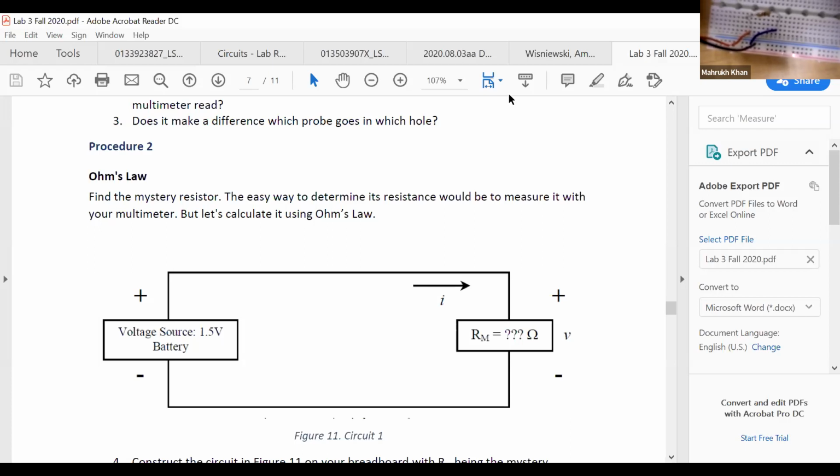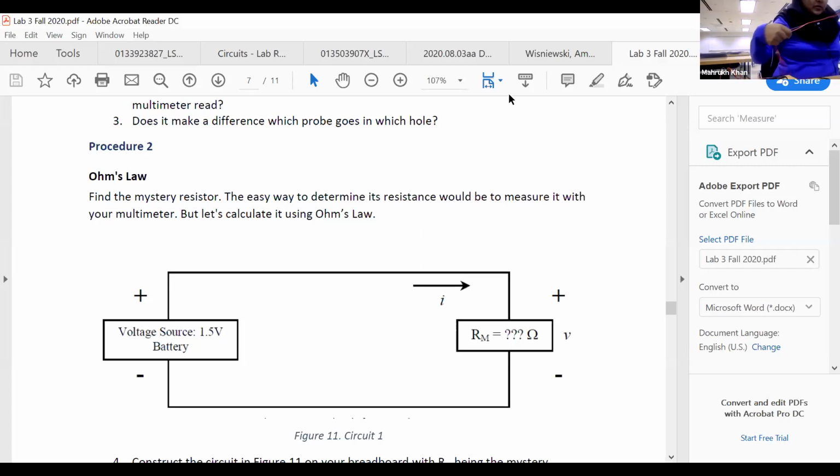Are you able to do that? Yeah. Okay, so now let me measure from,